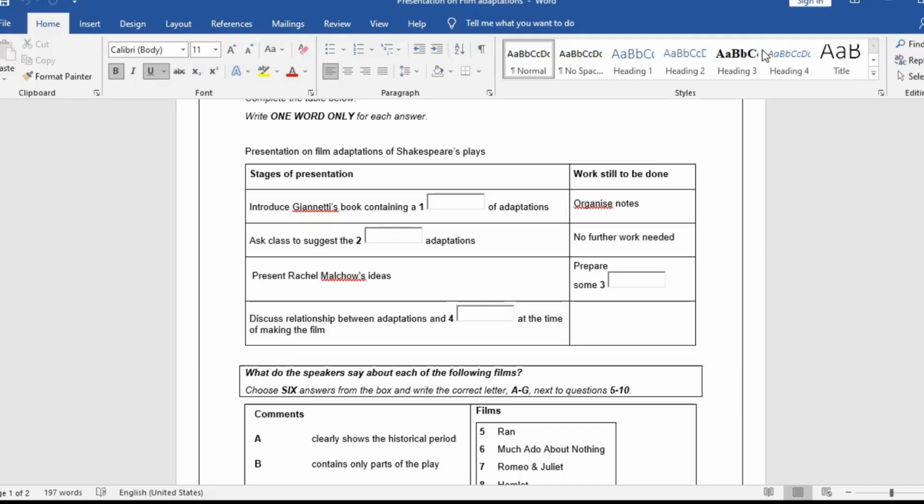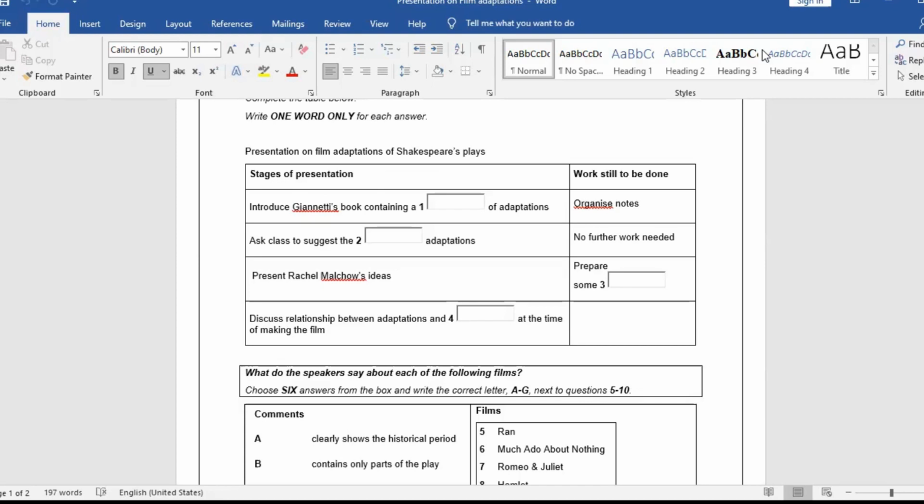Right. Next, I want to talk about Rachel Malco. I came across something on the internet about her work on film adaptations, and I was thinking of showing some film clips to illustrate her ideas. Will you have enough time, though, both to prepare and during the presentation? After all, I doubt if you'll be able to find all the clips you want. Perhaps you're right. OK, well, I'd better do some slides instead, saying how various films relate to what she says. That should encourage discussion.